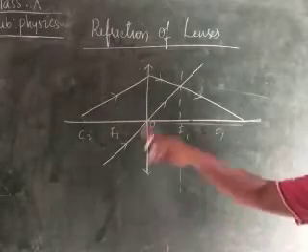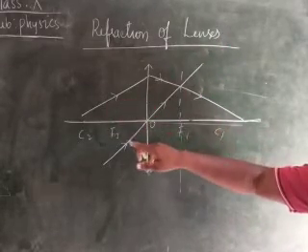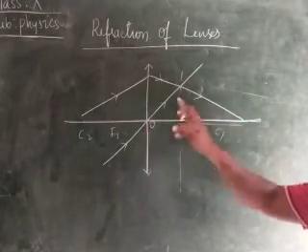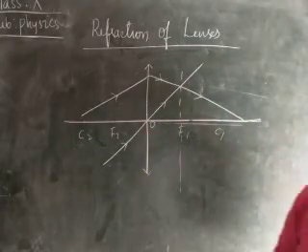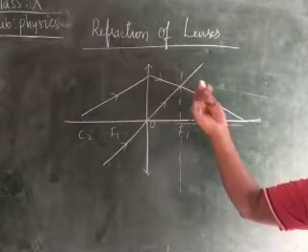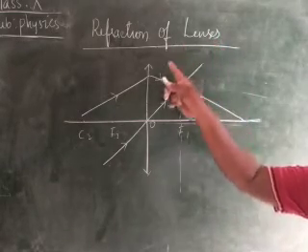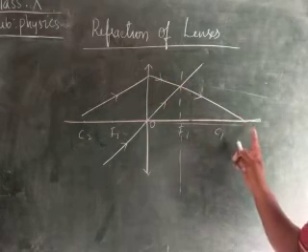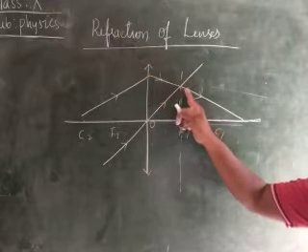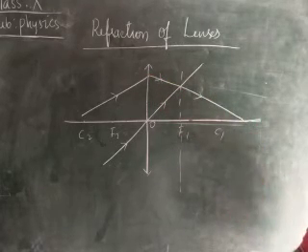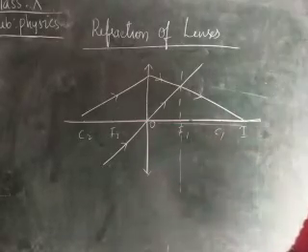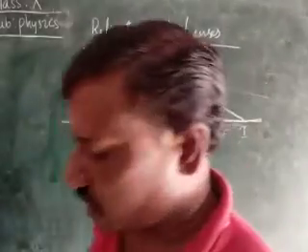Now draw a line parallel to the light ray where it intersects the focal plane. As the light ray passes through the optic center, it is undeviated. This line intersects the focal plane at point F0. Now draw a line from P dash passing through F0, reaching the principal axis. The image is formed over here, children. These are the ray diagrams of the convex lens.